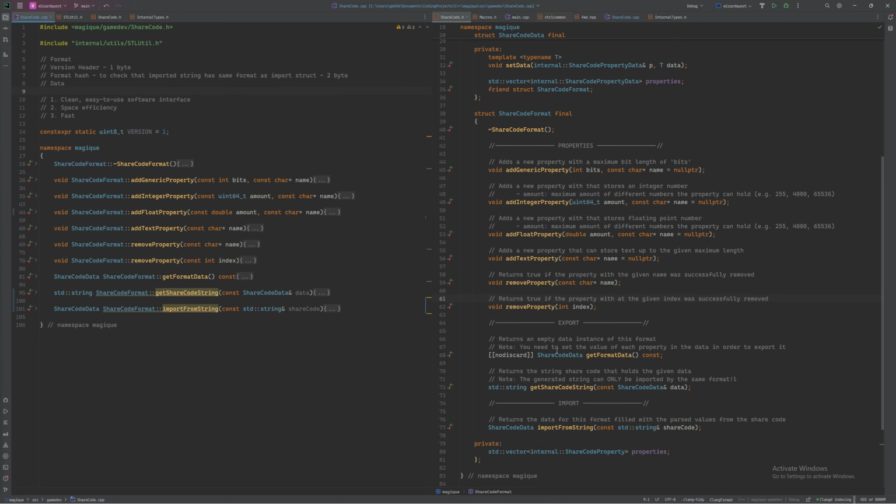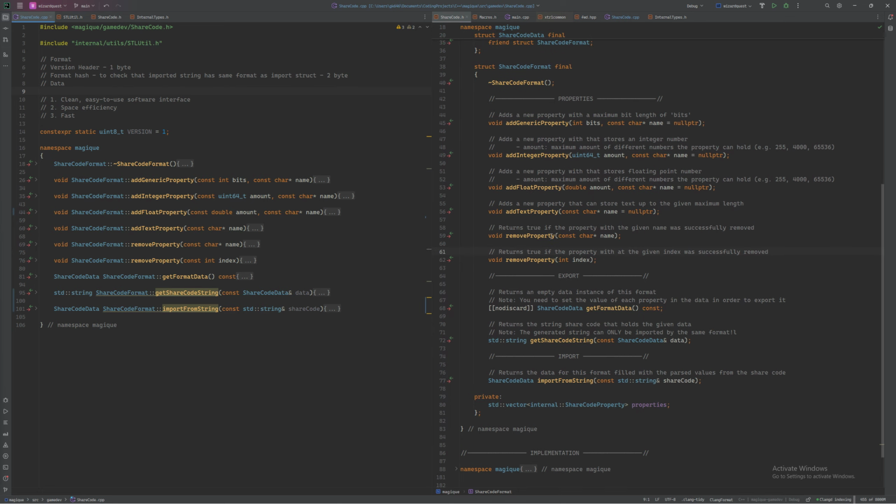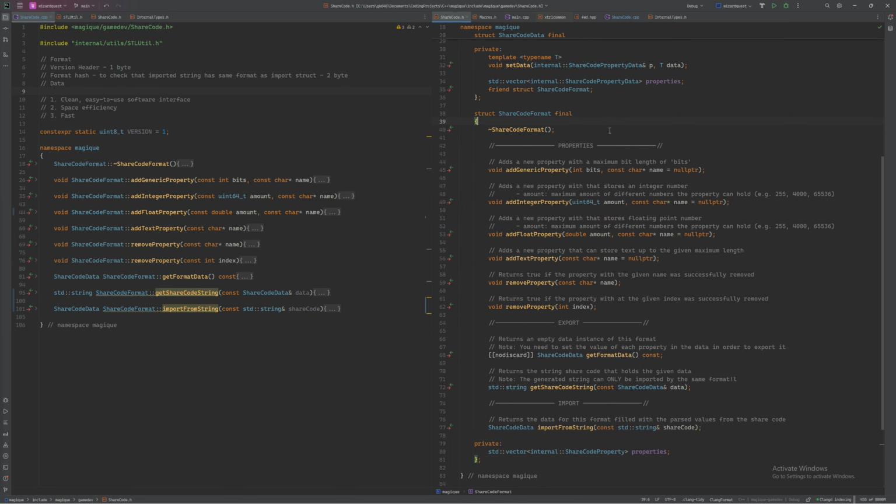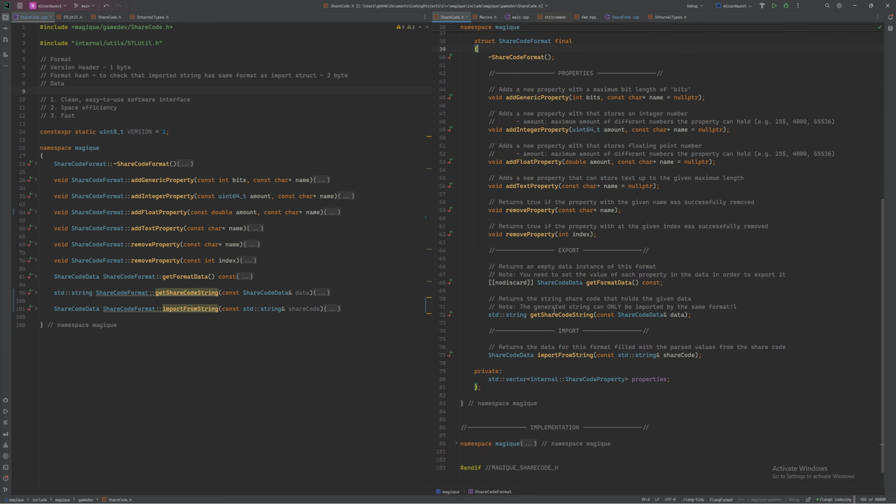We already talked about the format, right? So you have the format, which is just stateless, or like it doesn't save the data, it only saves the format. So what data each property contains, how big it's allowed to be, and so on. You get the data, you assign the property values, and then you pass it to generate the string. And I mean here it means it's reusable, right? So the user can store it or just produce a new one. Obviously,